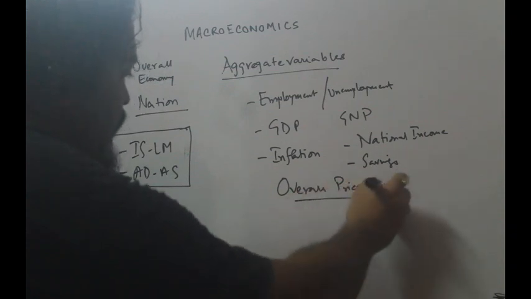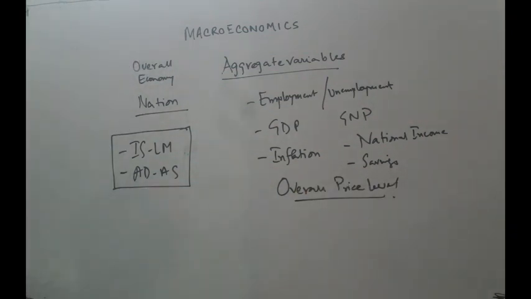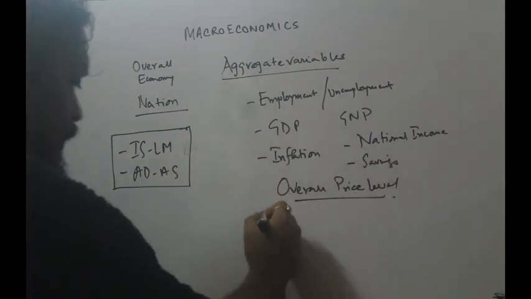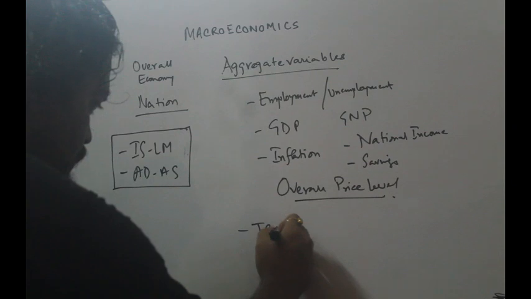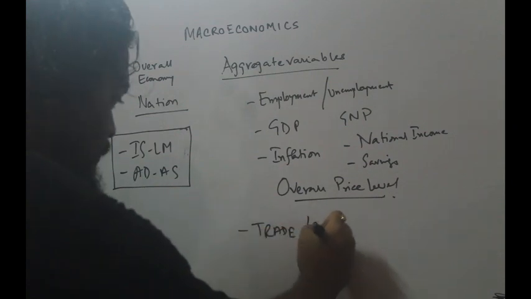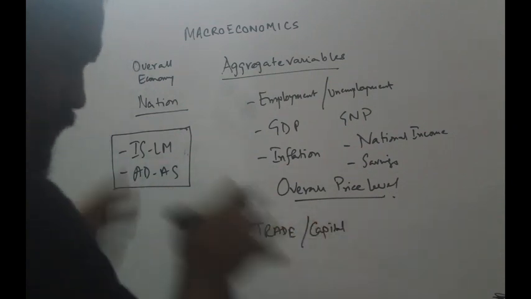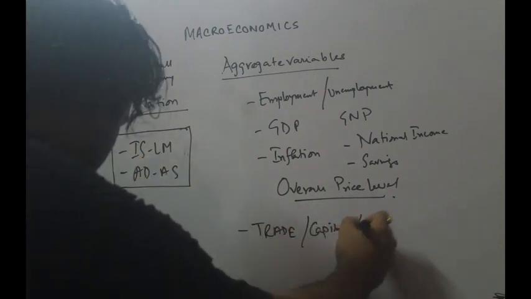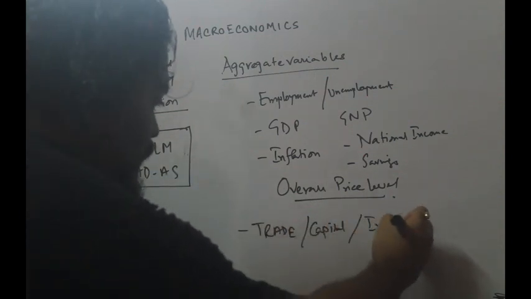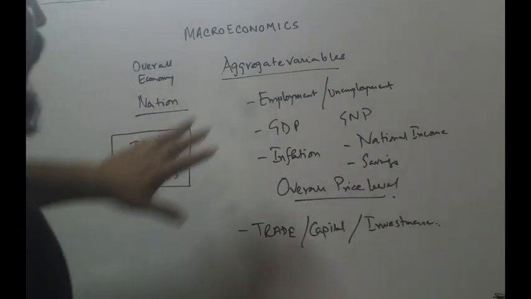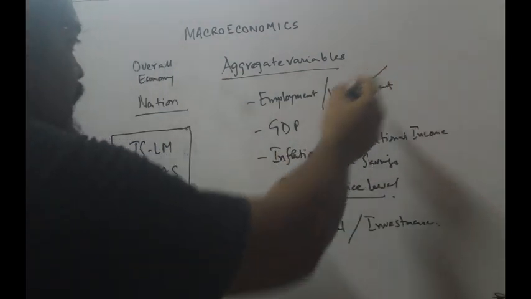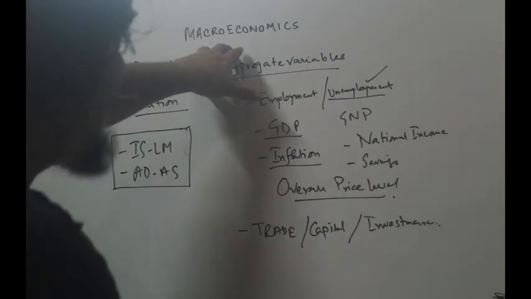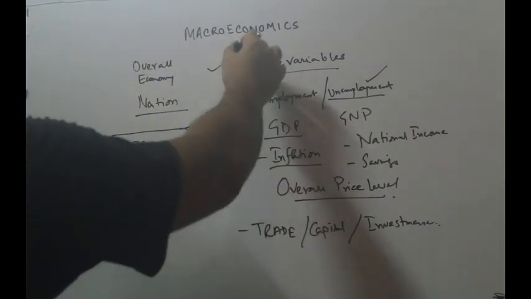Now if I talk about inflation, another thing you should know, that is trade, then your capital flows, how the movement of capital happens, and then your investment, all these things we talk about. But these things, unemployment, inflation, GDP, whenever somebody is talking about macroeconomics, you will see that aggregate variable,